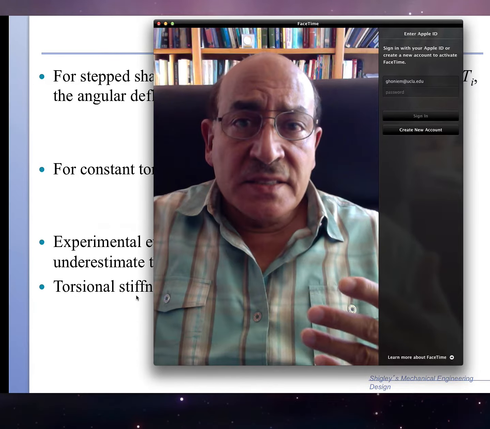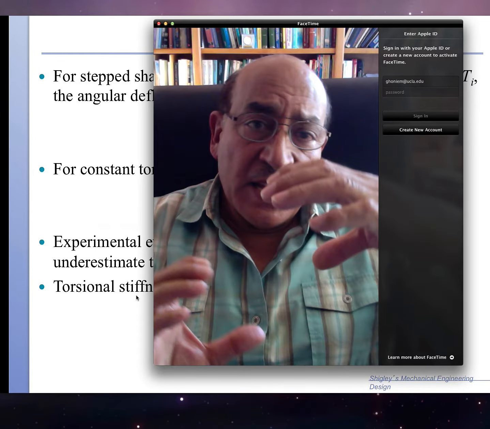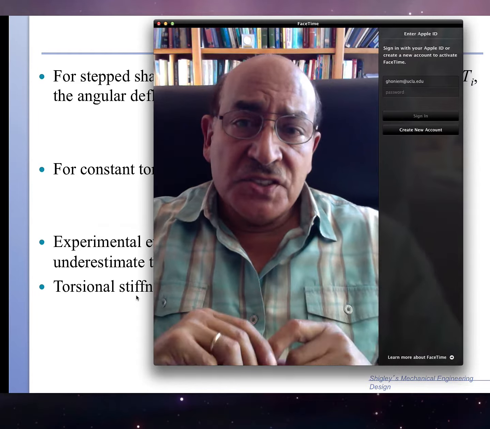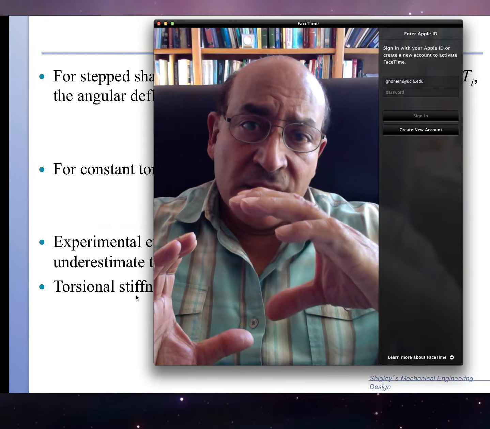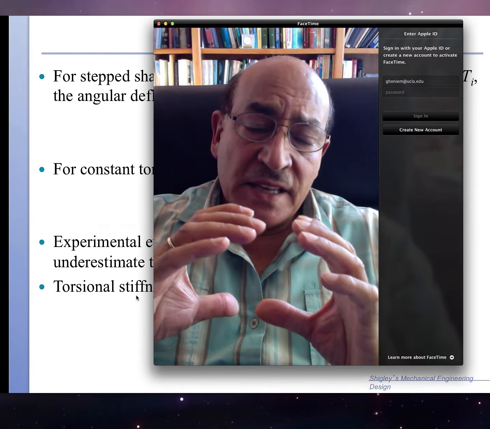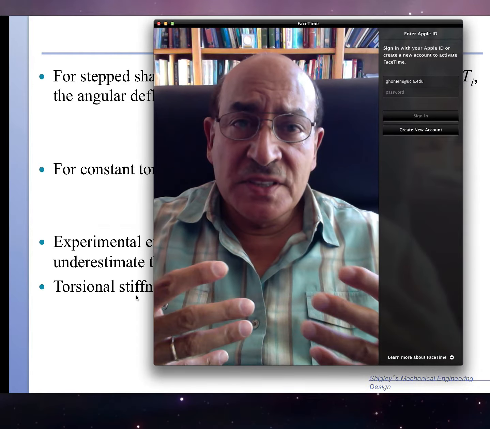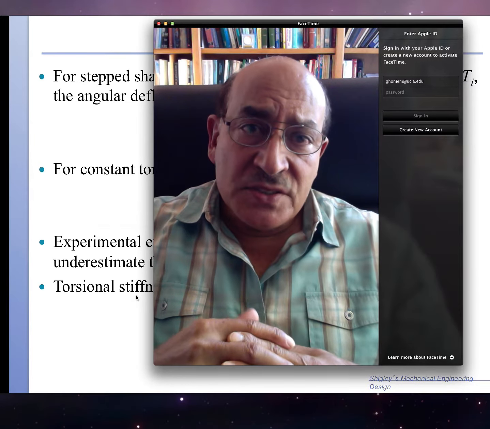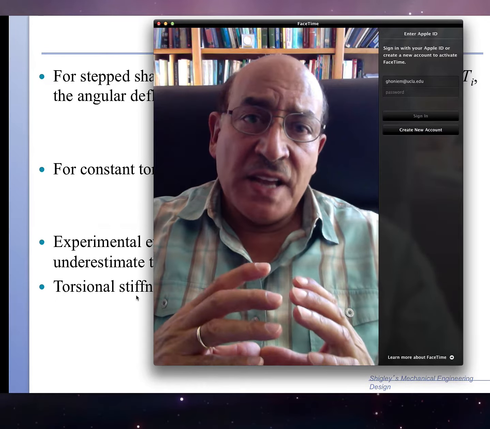The last issue here is that if we have the shaft and you have a torque on the shaft, then the shaft also can be rotated with a rotation angle that may be exceeding a set limit. So in other words, we have also limits on the twist angle of the shaft,